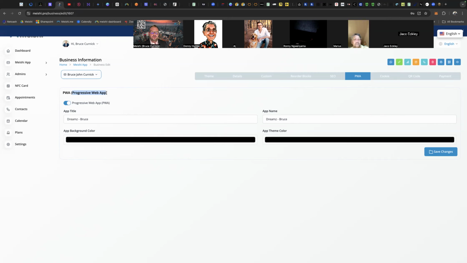So how it works is when you share your link with someone, when they open it, it's not actually an app yet. It's a web app. So it's actually a website when it opens up. When they save it to the home screen and they open it again, then it's actually converted to that progressive